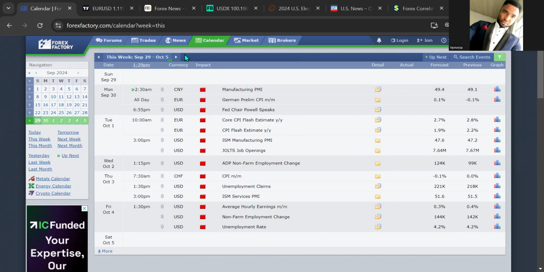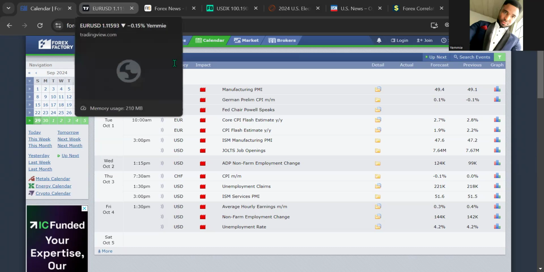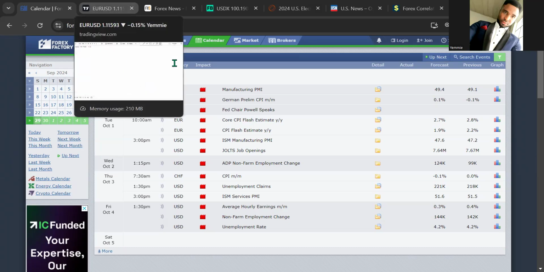So for this week, we'll be starting, of course, from the fundamental outlook, and let's see what the market has in hold for us as opportunities are concerned. Firstly, going through forexfactory.com, we're going to filter the red folder news, which are the high impact news for the week. And that is where we'll be starting from.